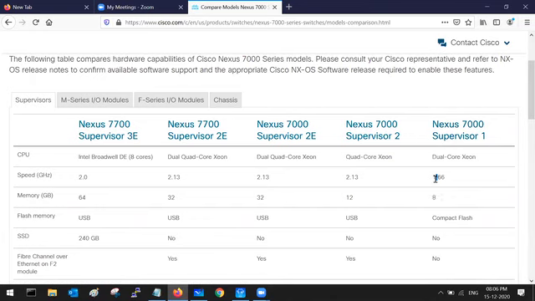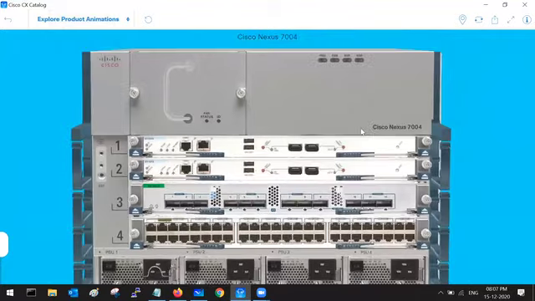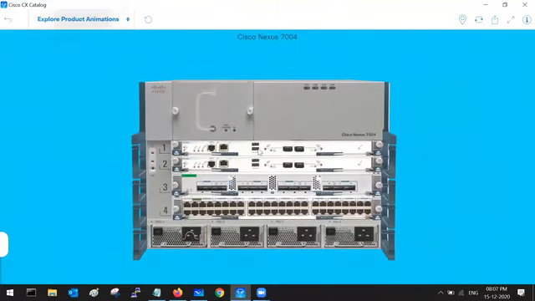So typically in production, you're going to see supervisor 2E for the Nexus 7000 series of boxes, and supervisor 3E for the Nexus 7700 series of boxes, right? So a typical Nexus 7K switch would have either a SUP 2E or SUP 3E in the production environment. From the slot point of view, the model that I'm currently on is Nexus 7004. On this model, slot 1 and slot 2 are reserved for supervisor engines,